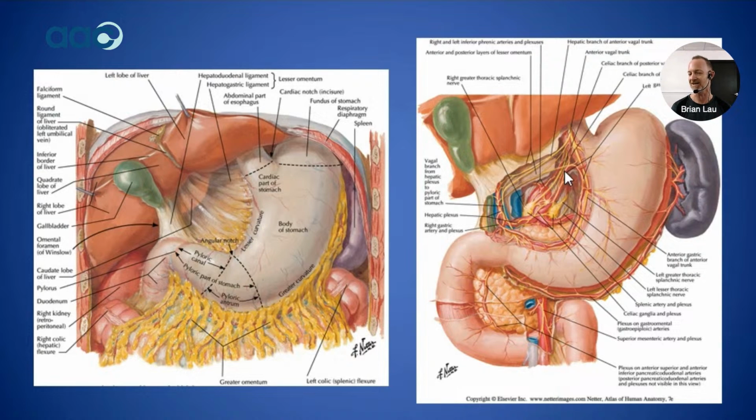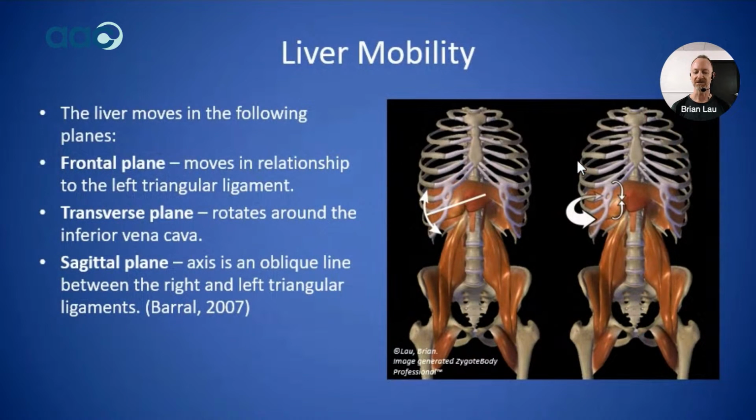I'm not saying it's necessarily the entirety of the pathway, but it has something to do with that pathway. So we're going to look at a movement in a little bit, and I want to be able to move this region, or at least over time of practice of this movement, I want that to move the liver in relationship to the stomach to be able to exercise the contents in the lesser omentum.